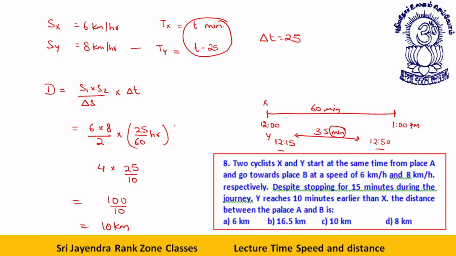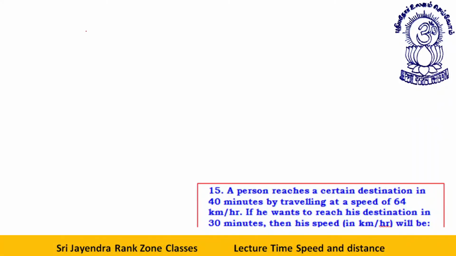Should we take the next one? The next question: a person reaches a certain destination in 40 minutes by traveling at a speed of 64 km per hour. If he wants to reach his destination in 30 minutes, then his speed in kilometer per hour will be? Students, see, as per the question,